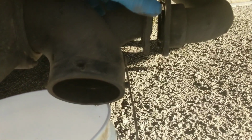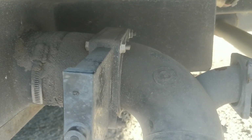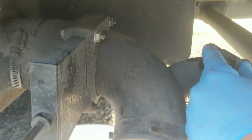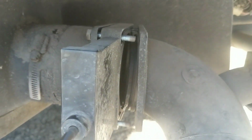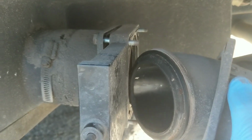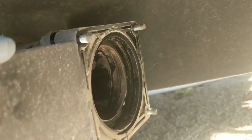I'll leave this off, and I'm going to take this one off next. That way I can take this whole thing off and make sure the new one fits on perfectly. I don't want to put this on and then try to adjust it. Okay, I just got all the nuts off, and we're going to pull this straight out. There we go. This is wrapped on my bucket there. One-hander. I'll just put this there, like that. The gasket looks a little